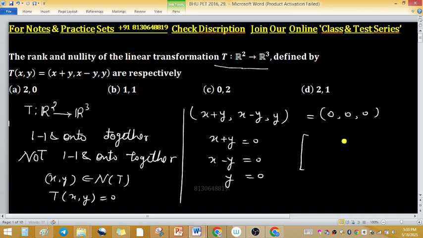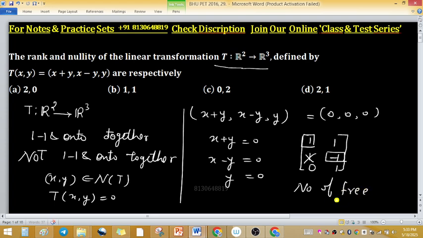Write the matrix, this is the system of homogeneous equations. So, 1, 1; 1, minus 1; and 0, 1. Apply elementary row operations. After applying elementary row operations, this one is the first pivot element and you can make this one as 0. So, the second pivot element will be this one. There are two pivot elements, it means number of free variables is